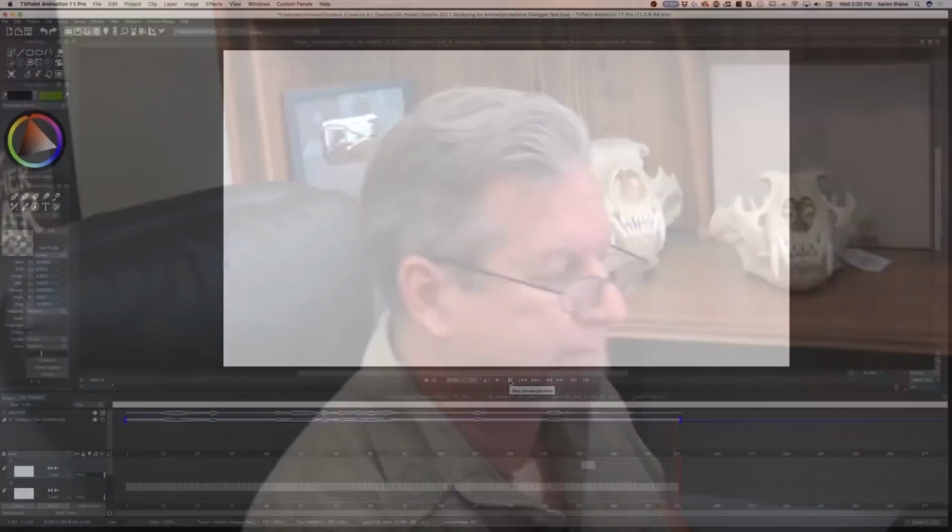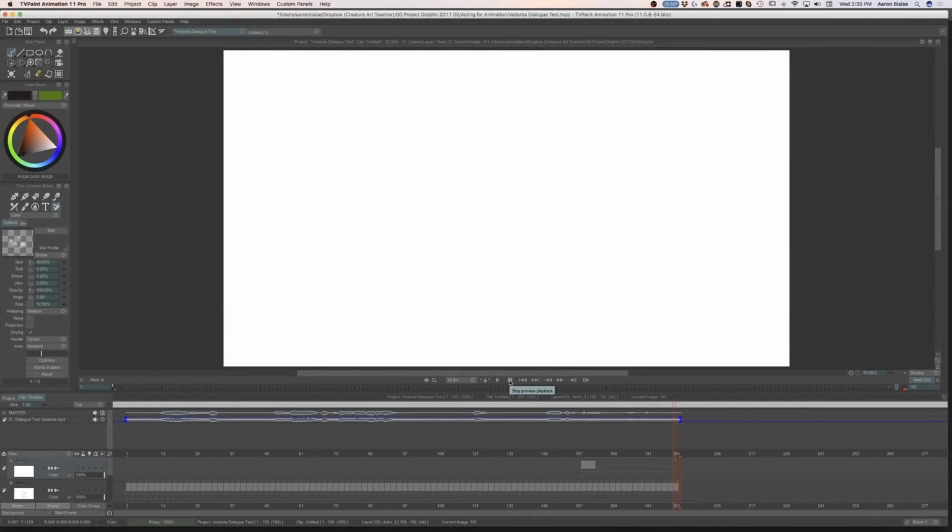So the first thing that I'm going to do at this stage, the very first thing, actually I'm going to jump back to talk to you. The very first thing that I'm going to do is what's called thumbnailing. Now, thumbnailing is extremely, extremely important. I thumbnail every scene that I animate. And this is a very big key in good acting for animation. A lot of people don't like to thumbnail, but it's so vitally important.